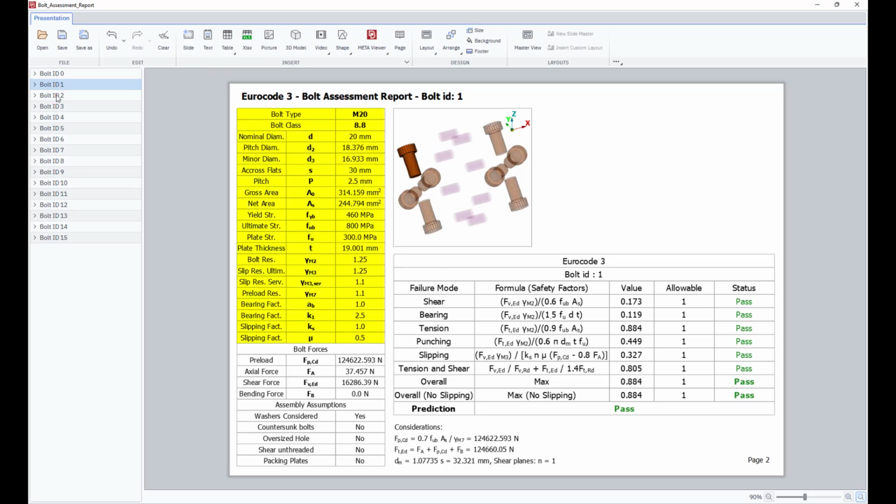The left table on each slide displays all input data, including bolt dimensions and properties, as taken from the library based on the nominal diameter of the examined bolt. Additionally, the cross-sectional forces and moments, as well as the assumptions used for pretension and joint design, are presented. The right table provides analytical calculations for all Eurocode 3 failure modes. For clarity, each slide also includes an image illustrating the reported bolt.